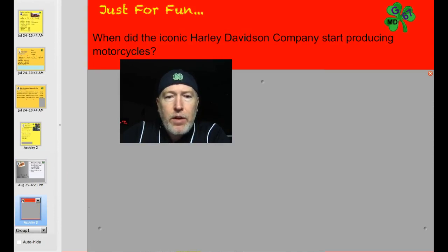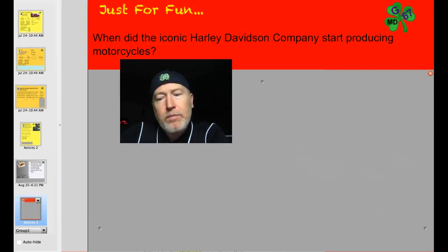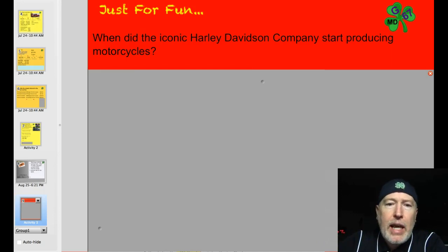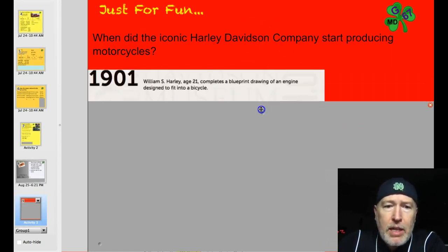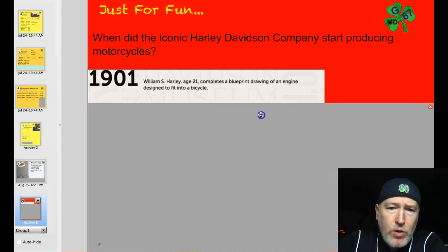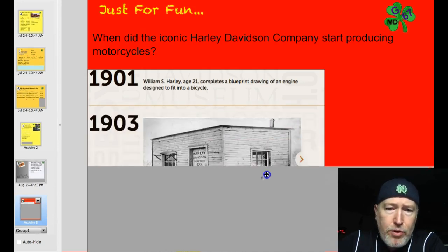Time for the just for fun question. Let's put myself back in the corner where I belong. When did the iconic Harley-Davidson company start producing motorcycles? Well, in 1901, William Harley, age 21, drew the first blueprint for an engine that would fit onto a bicycle. 1903,